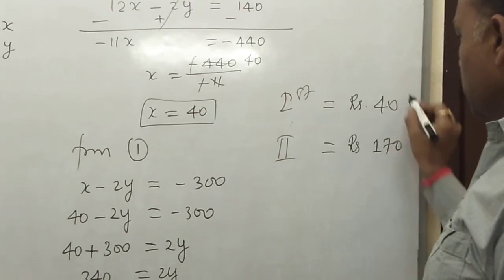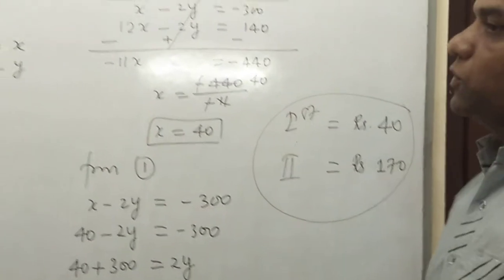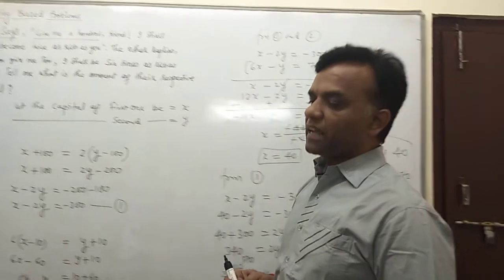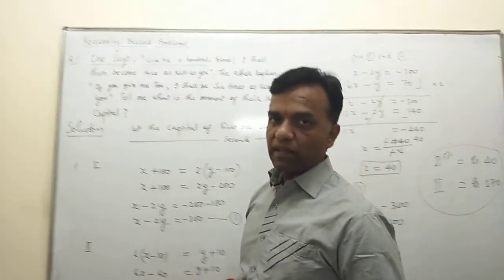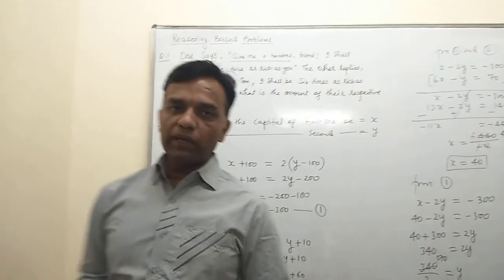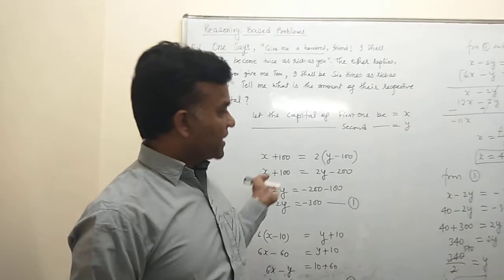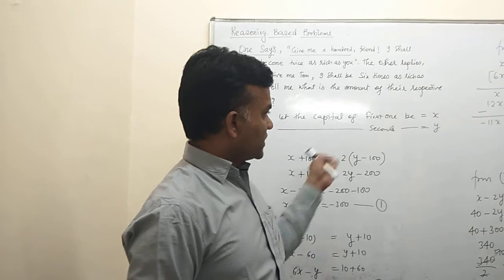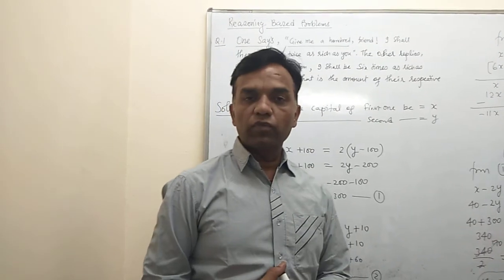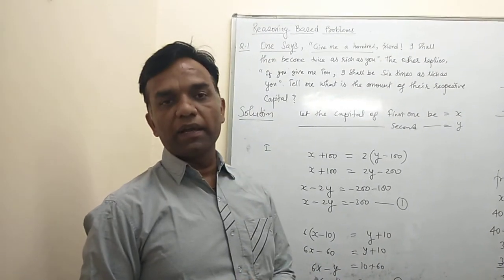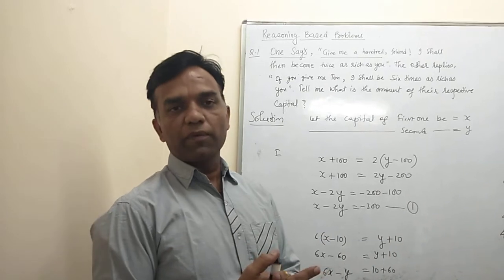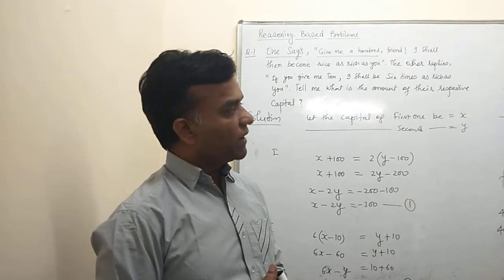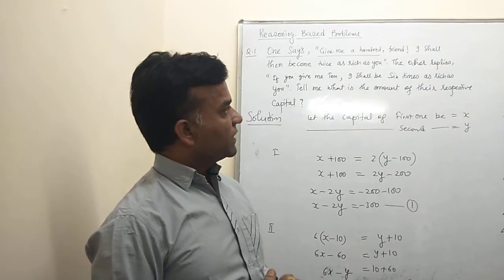Okay, so this is the comparison between the two friends, discussed according to their capital value. They frame the questions, and this question is solved by first considering that you have two friends, then considering the variables x and y, first you frame the equation and then simplify, and then you get the value of their capital. So this is very easy going.